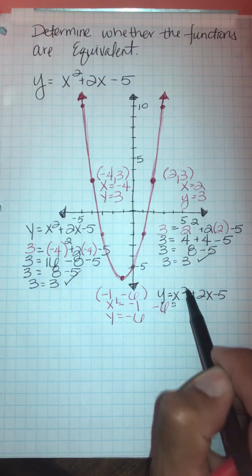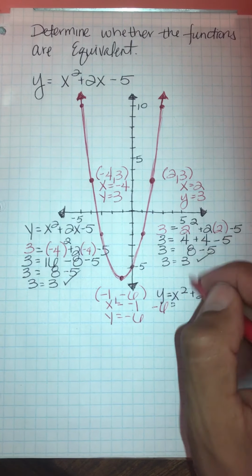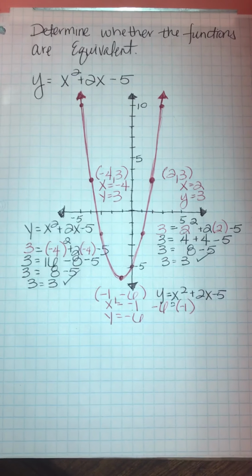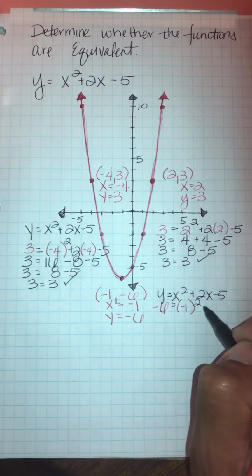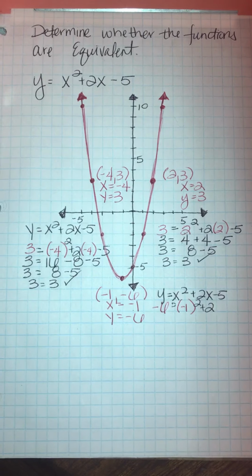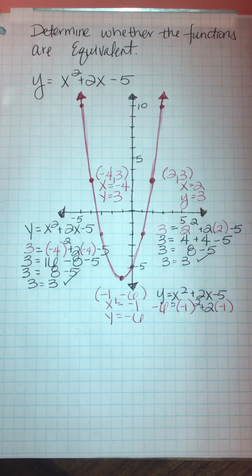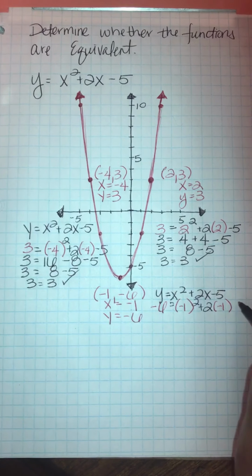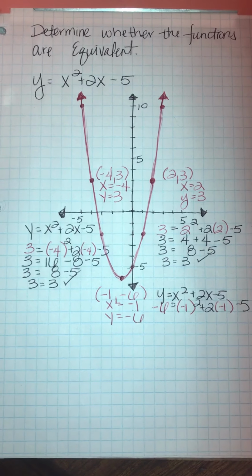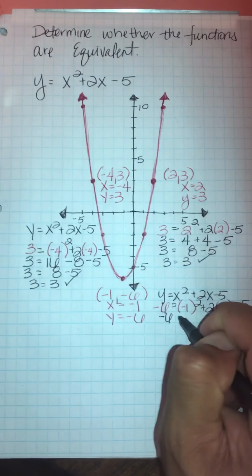Instead of x squared, I'm going to say -1 squared, plus 2. Instead of x, I plug in -1, minus 5. We simplify this, see if the third point works. -6 equals